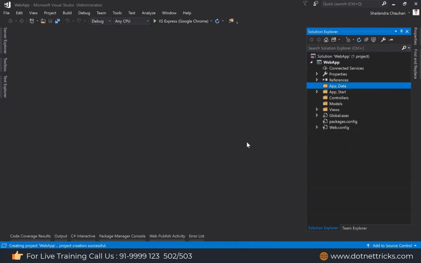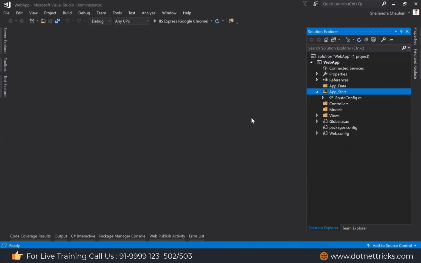And if you remember your college days, if you used .NET for your industrial project, there we used the app_data folder. And then we have the app_start folder. This folder is available from MVC 4. It was not available in MVC 3. So in the app_start folder, we keep the configuration files, whatever configuration is related to the application startup.